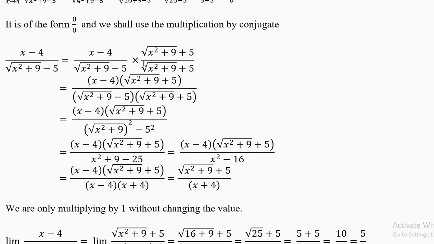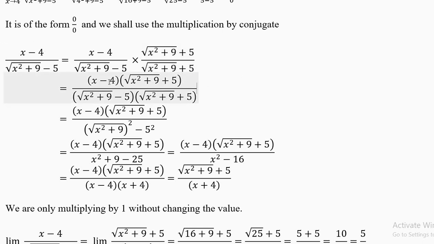What's the conjugate? Now, this is your conjugate. Conjugate of this, minus 5, is plus 5. So put plus 5 up and plus 5 down. You have to multiply with 1. You cannot use any other number. 10 into 1 is 10. 10 plus 0 is 10. You can add 0 or you can multiply with 1. You cannot multiply with any other number. Same thing divided by same thing is 1. So you multiply with the 1.